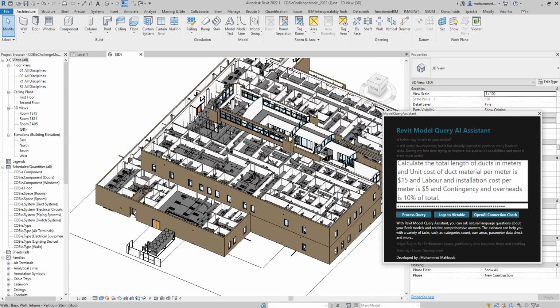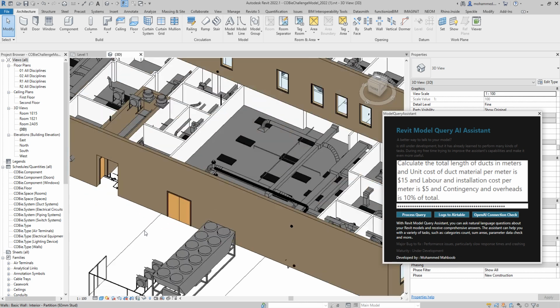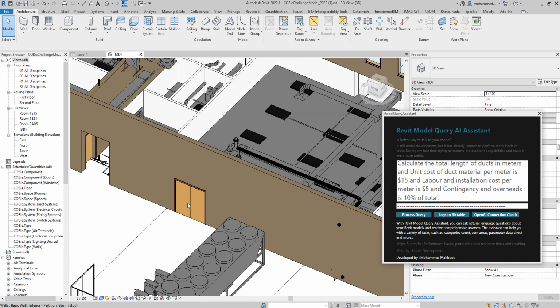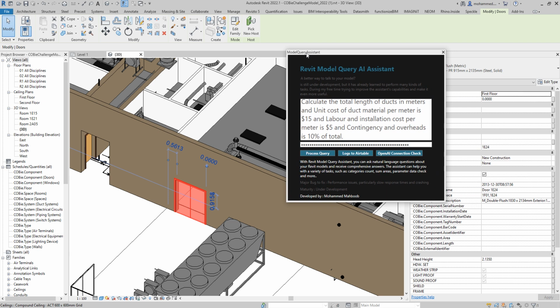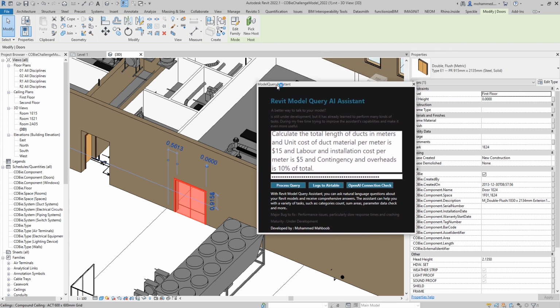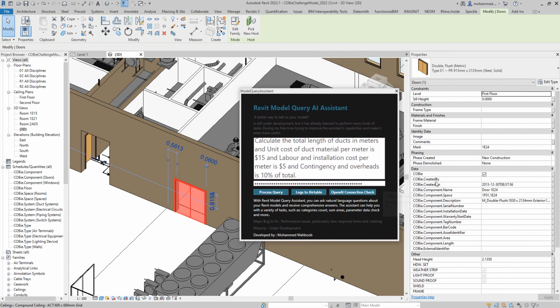Within this project, I've got quite a few doors, and what I wanted to do is set the parameter value for the doors. In this exercise, I wanted to set the Kobe dot created by parameter and put some value there, so that it will fetch all the doors in the model and then update the value. So let's say